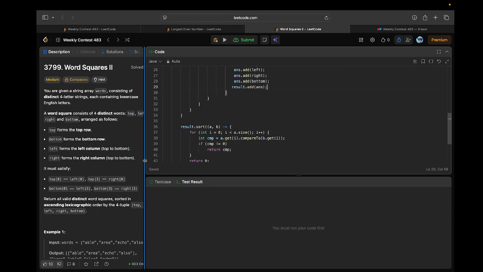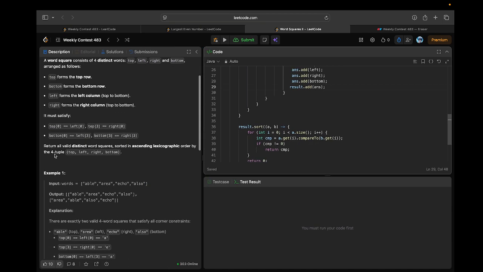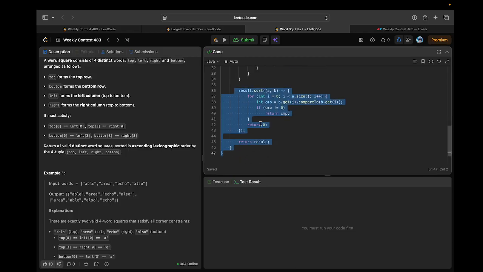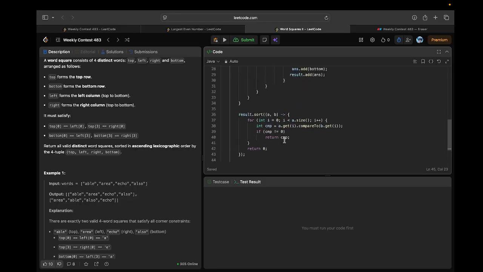After that, make sure not to forget to read this particular line: return all valid distinct word squares sorted in ascending lexicographic order, right? Because I have an array list of array lists, I'm just sorting based on the character in lexicographical order. This is just a sorting operation, and after that I'm returning my result which they have asked me to return. So this is the code,